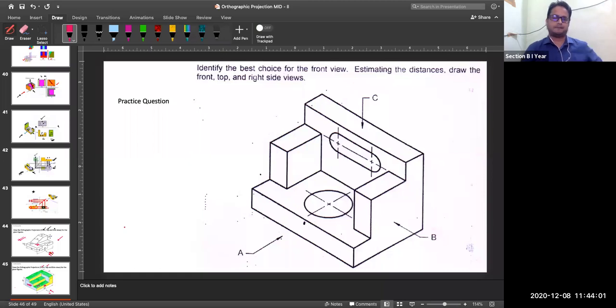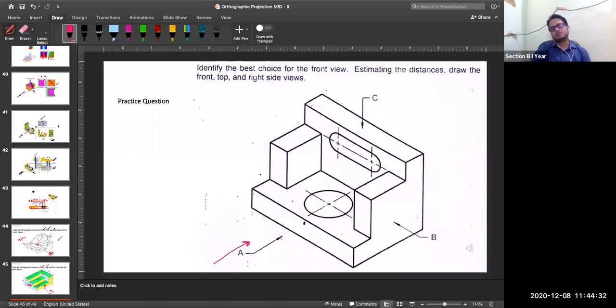This figure. This is your figure and you have to draw its front view and top view. Again, we will first discuss and then we will start solving it. Okay. So let me take one highlighter and all of you mute yourself. Now, suppose the observer is looking from this side.